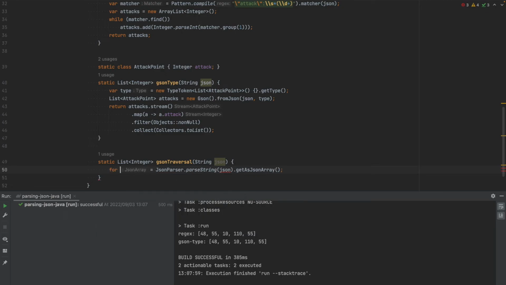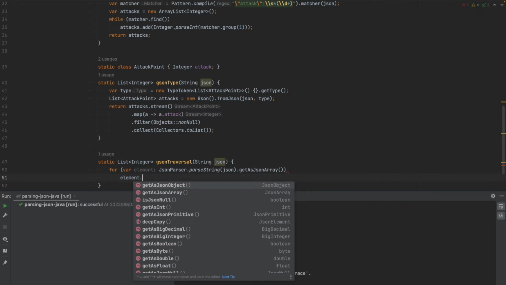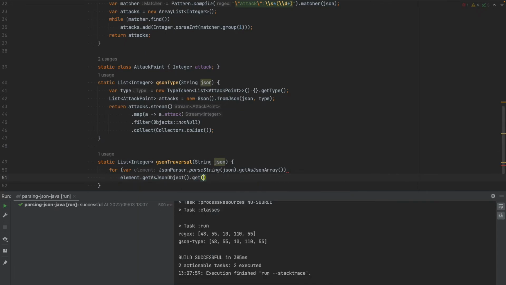and with an array we can do an iteration. So our element is going to come from iterating through this JSON array. This is a traversal, so now we are within the object that is in the list. We will have to get this object as a JSON object, and of that object get the attack field. This is what I mean by the traversal. So this returns the attack field, and we store that in a variable,